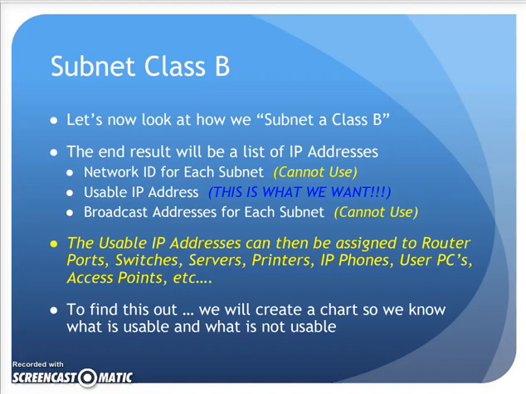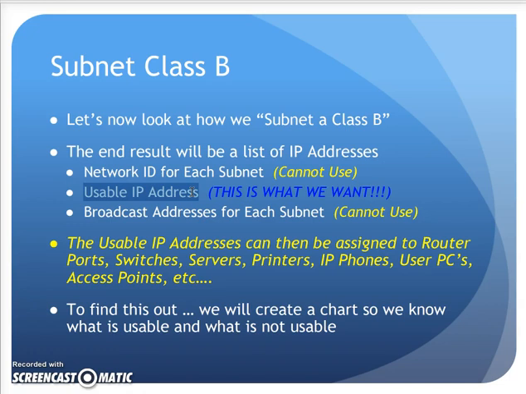Alright, CNT125, Chapter 8. Let's look at a subnet Class B network problem. Again, remember, all zeros in the host portion is the network number, all ones in the host portion is the broadcast. A combination of ones and zeros in the host portion is a usable IP. And those are the ones we want, so we're going to make a chart that isolates out network number, usable,